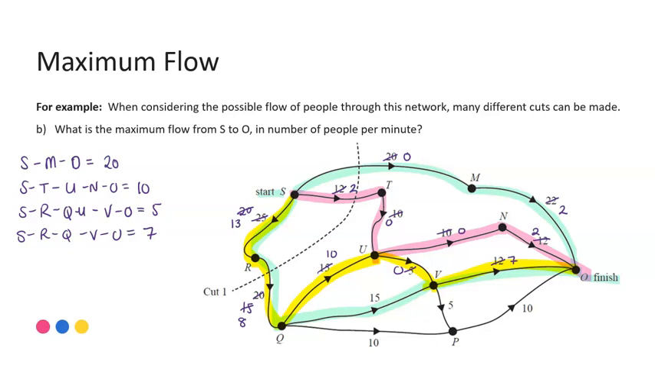I have 8, 8, and 0. I've exhausted that pathway now. Next one, I still have room, so I'm going to keep going from S to R to Q. There's still room to V, and now P, and to the finish. So S, R, Q, V, down to P, and then the finish. And the smallest weight there is 5. So again, subtract 5,